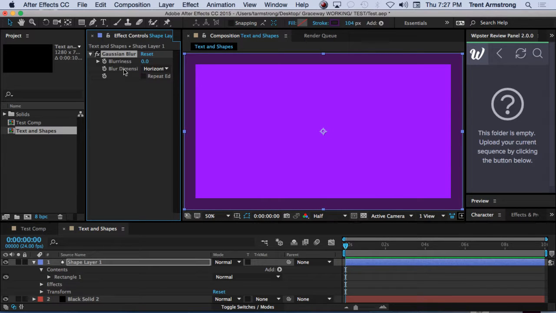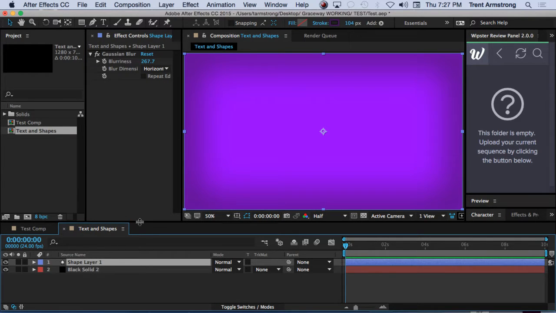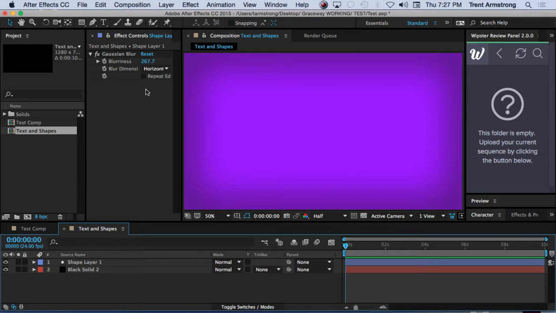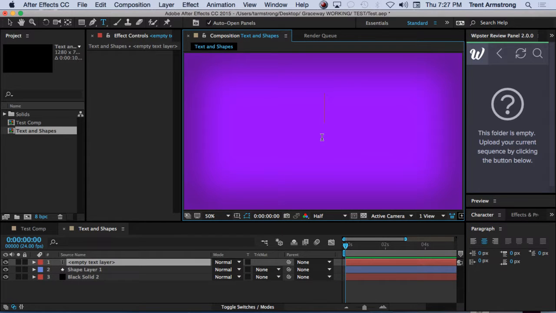Now I rely heavily on repeat edge pixels because otherwise you have to do a lot of transforming and scaling and that kind of stuff. With a shape layer, though, you don't need it. But I did want to mention that to you guys, just in case you send a project to someone and they go, "Hey, wait, I don't have your thing." You'll know what you're talking about. Okay. So we have a shape layer. We have a little vignette there, and we're going to add some text. This is going to be WIPSTER